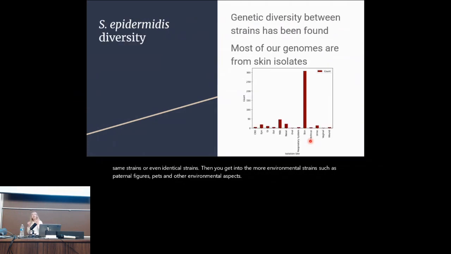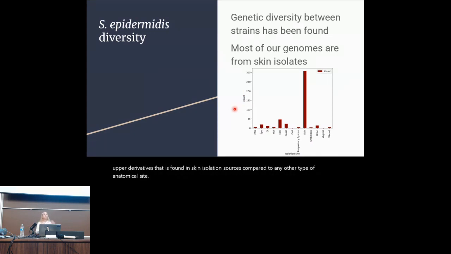So, are all S. epidermidis strains created equally? We know that there is diversity amongst strains. However, most of the genomes that are publicly available are truly biased to the skin sampling. My colleague recently compiled all the publicly available S. epidermidis genomes, and here at the bottom to orient you are the isolation sources on the x-axis, and on the y we have the counts. You see that there is a disproportionate amount of S. epidermidis found in skin isolation sources compared to any other type of anatomical site.